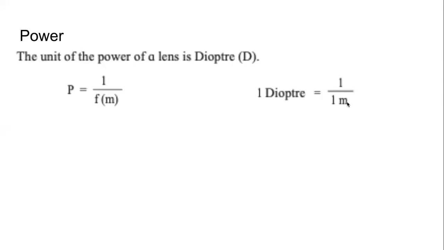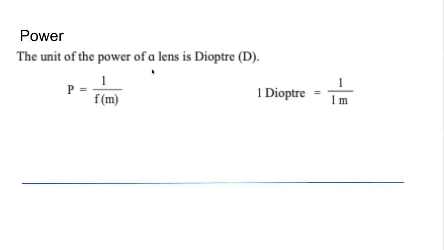Finally, the new concept, which was not there for mirrors, but it is there in case of lenses, is the power. I told you very briefly in the beginning that power of the lens is how much it can converge or diverge the light. The capacity. Let us try to understand this in action. Pay attention to what I'm doing on the screen. If you pay attention, I'm sure you will be able to tell me what's happening.